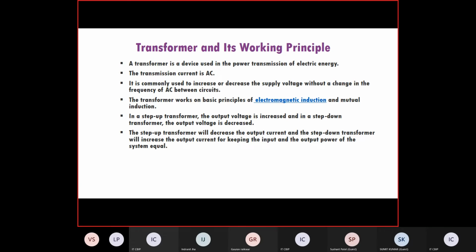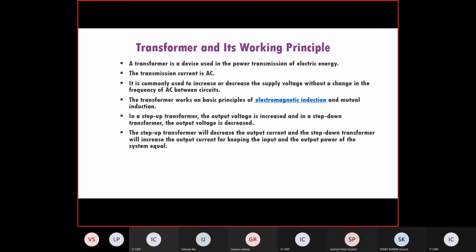A transformer is an AC device, alternating current based device. That is why it is used in power systems which transport alternating current. It is commonly used to increase or decrease the supply voltage without a change in the frequency. This is also important. It does not change the frequency. Why? We will see, but as prior information,